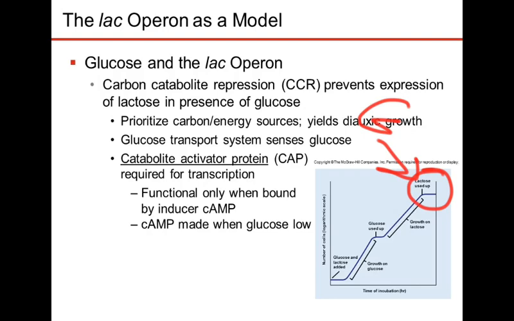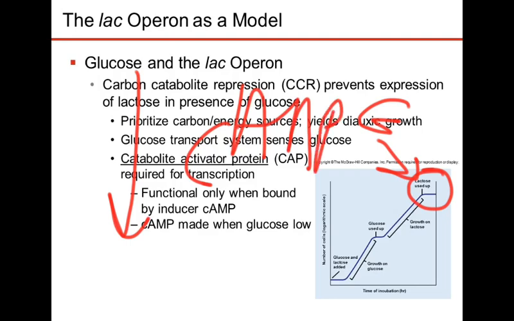What will happen there? It won't be bound either because the CAP activator protein won't bind. Why won't it bind? Because pretty soon the cyclic AMP level is going to go down, and then they'll cut off transcription at the lactose operon once the cyclic AMP level goes down. So what takes the cyclic AMP from the site?